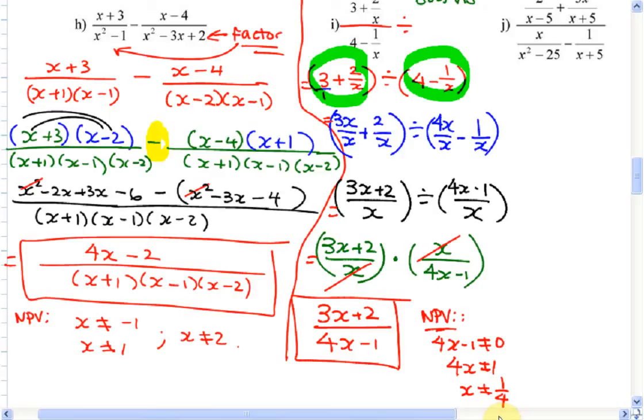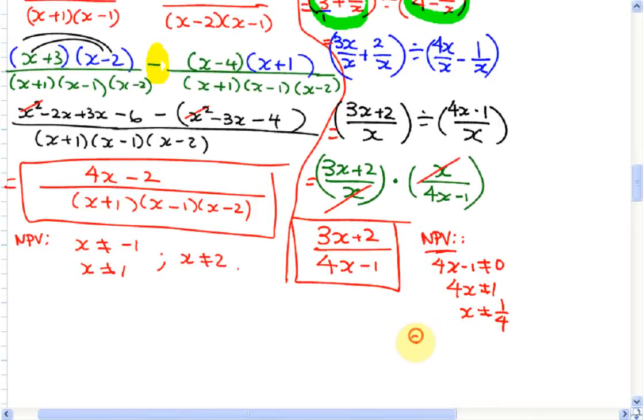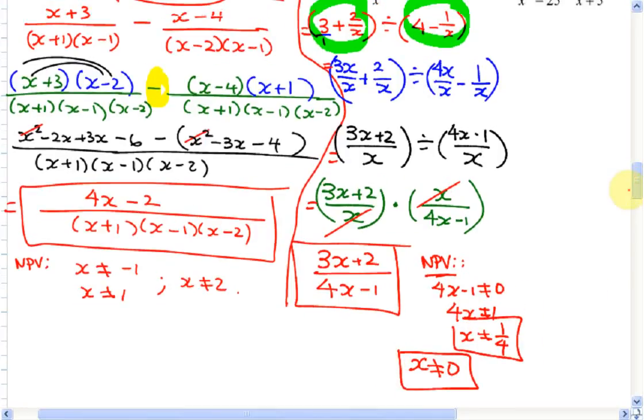Where did this 0 thing come from, Angie, that you're talking about? If you look at your equation right up at the top, do you see how you had a fraction within a fraction? You've got this divided by x. So you have to worry about that NPV as well from up top. So notice you have an extra NPV of x can't be equal to 0 as well. Okay? Now, dear friends, I think I'm going to